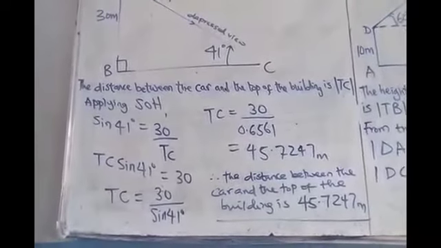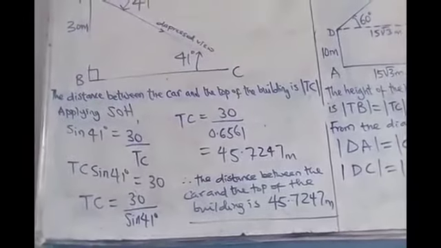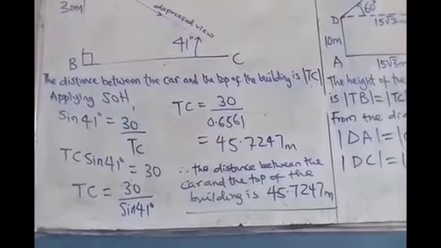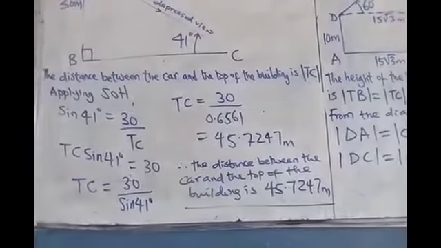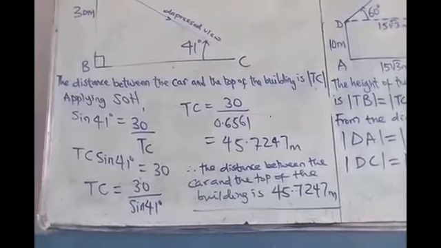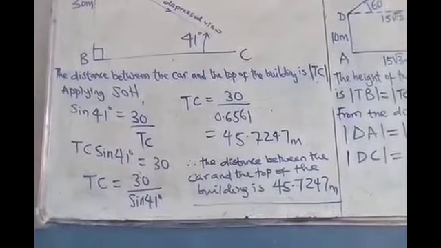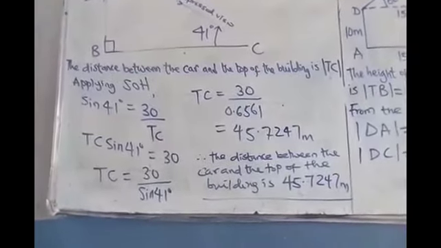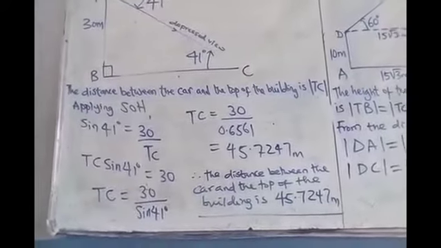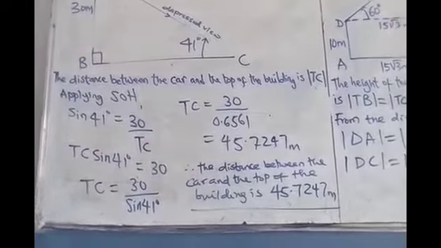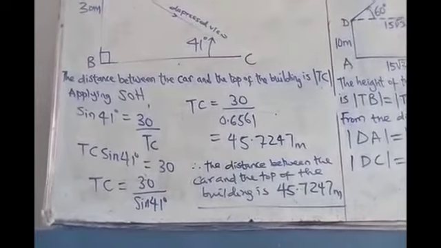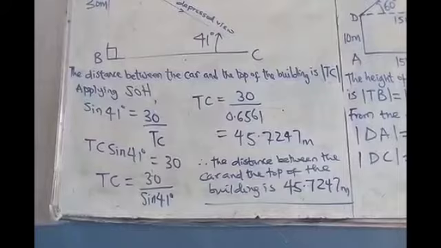And please, I want us to take note. Most of our diagrams under elevation and depression will come in form of a rectangle, a triangle, or the combination of both triangle and a rectangle. So from here, the best suitable formula to use is the acronym SOH, because we have the opposite and we are asked to find the hypotenuse. So we have opposite, hypotenuse. The one that contains opposite and hypotenuse is SOH.